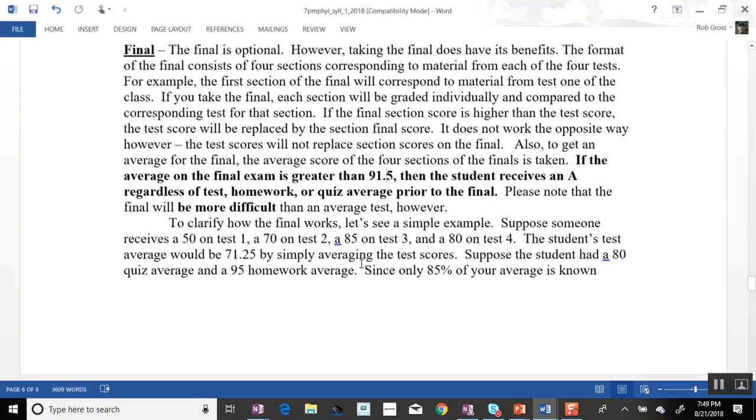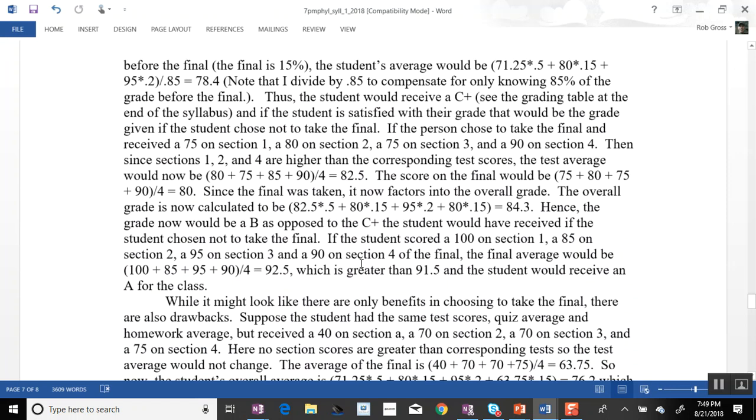So if you want to know how the final works, you can read this whole section. I'm not going to go through it now. I'll go through it at the end of the semester for those who need to take the final, right? Or you can read it on your own here. It's this whole thing. It's complicated. But don't worry about it, right? That's the point. Okay, so